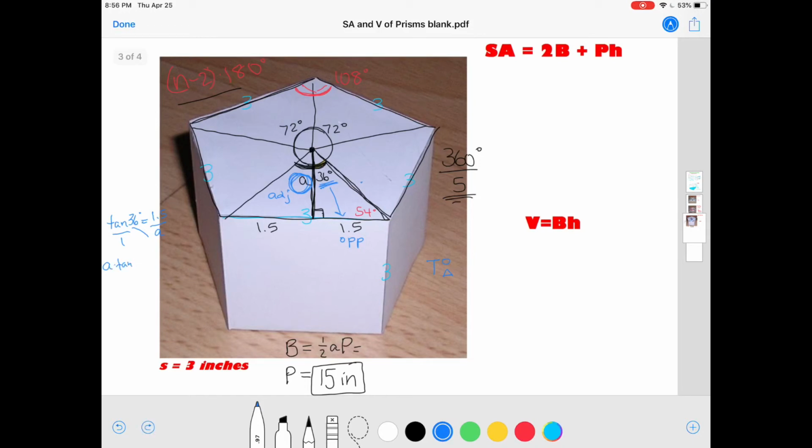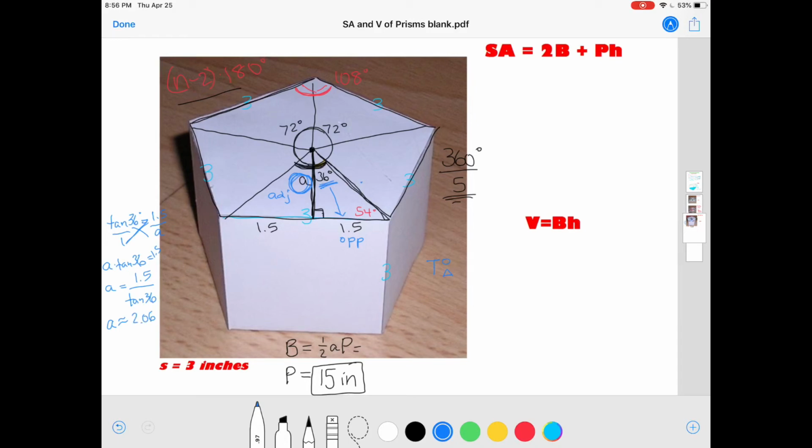I like the old cross multiply method, so I'm going to take the tan 36 times A, and then the 1.5 times 1. To solve for A, I'm just going to divide by tan 36. Now might be a good time to test those calculators. If they're still in degree mode, then we should be able to just type in 1.5 divided by tangent of 36 degrees. And I'm getting an apothem of about